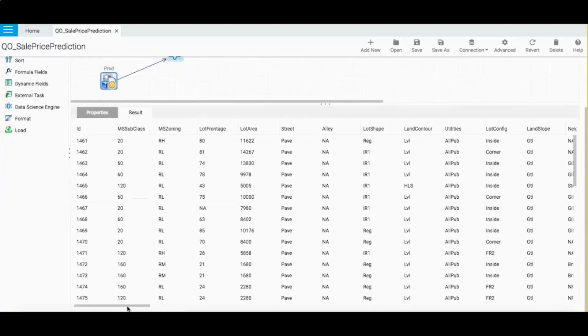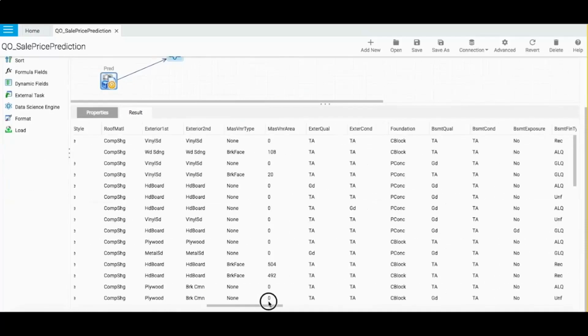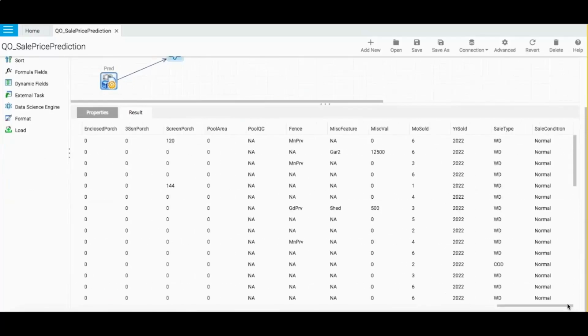So for the year of sale, we will feed the data as future year dates. If you see here, for the year of sale, we have kept some future years. So we want to know which price this particular type of property could fetch in the future years.